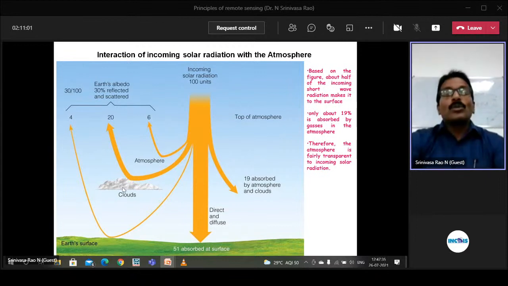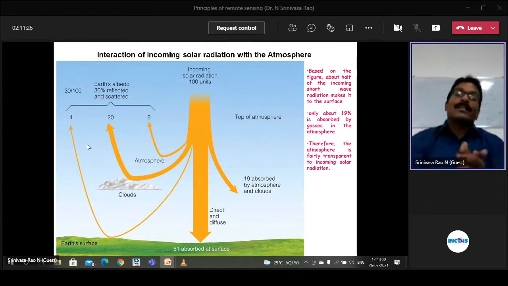Now, if you come to the clouds, if anyone is studying the atmospheric clouds, they are having about 20% of the signal. From the atmospheric gases, 6% is there. Total for atmospheric studies, 26% is there. Albedo. But the thing is, if you come to land and ocean applications, very little signal. Within that little signal itself, we are performing the remote sensing applications. Okay, this is the one. Now we will go for the